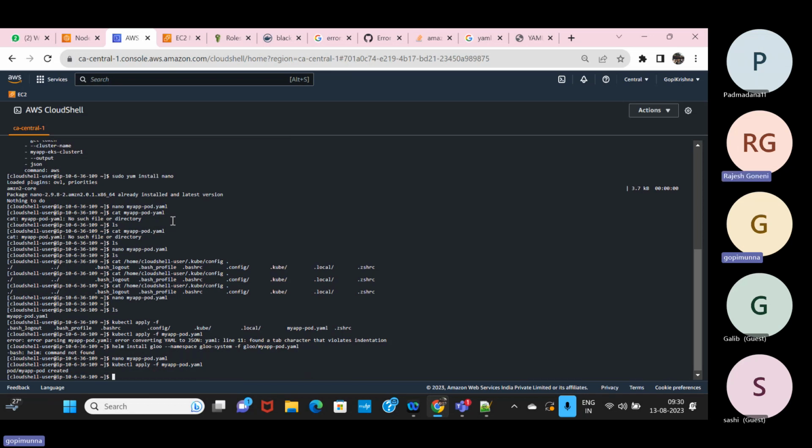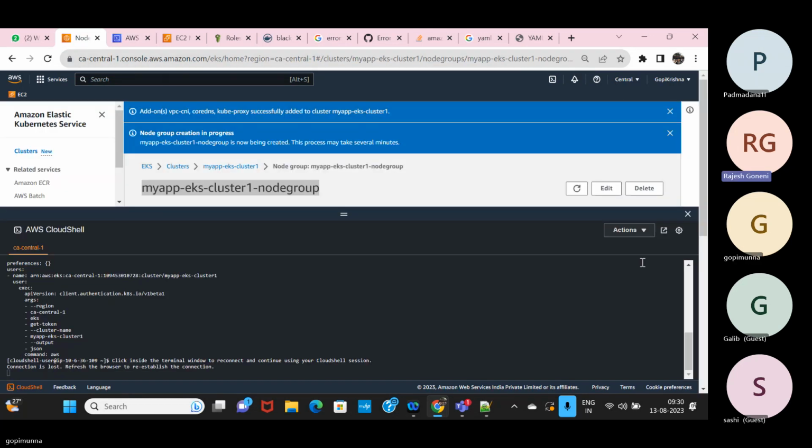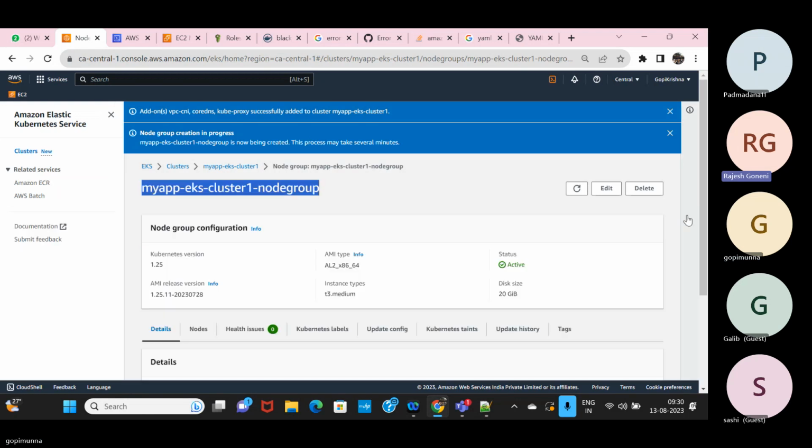So the problem was actually the code, whatever we had written. Now we have solved the problem. Now you can check whether the pods are created or not. So pods are running or not, that we need to check. So the command is